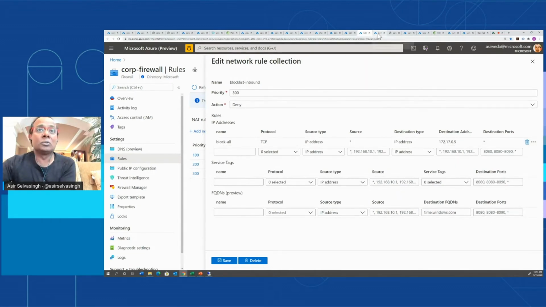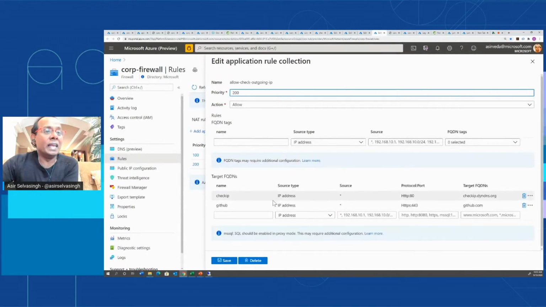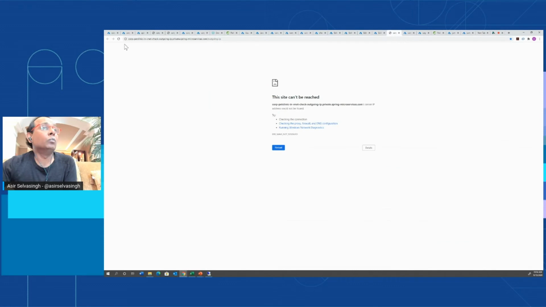In addition to that, I've also enabled my check IP application to get out of the corporate network, right? So here I'm opening up and saying, this particular app can reach only this IP address, right? If I go to that app and try to access it from my outside machine, it will not go out. So this is where I have to go back to my